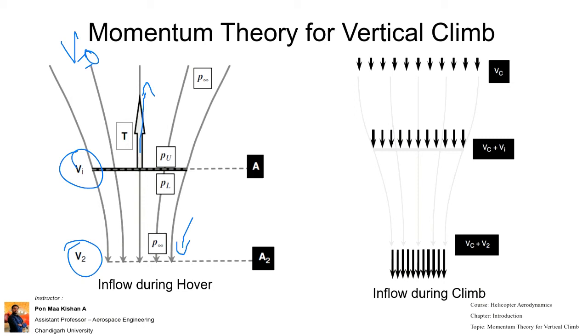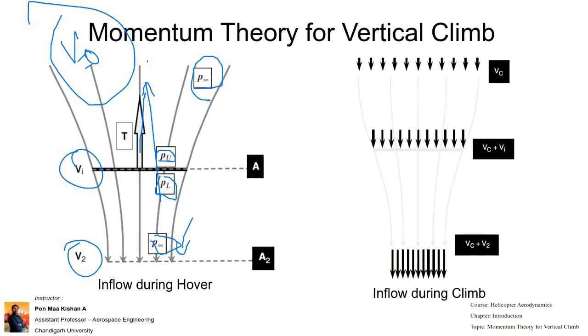But because the helicopter is going to stay at the same altitude, it is not going to move up or down, or left or right. That's why we have considered the intake velocity as 0 and the velocity induced at the rotor is calculated. Correspondingly, the pressure is P infinity at the entry, as well as the pressure at the upper side of the rotor, and the pressure at the lower side of the rotor, and P infinity again at the exit.